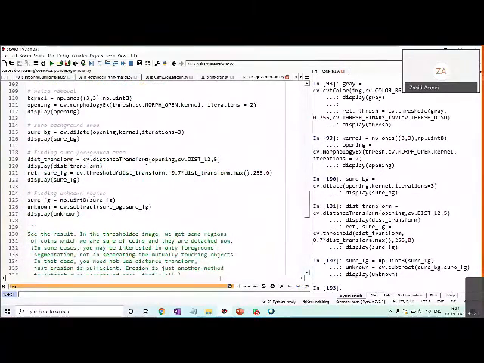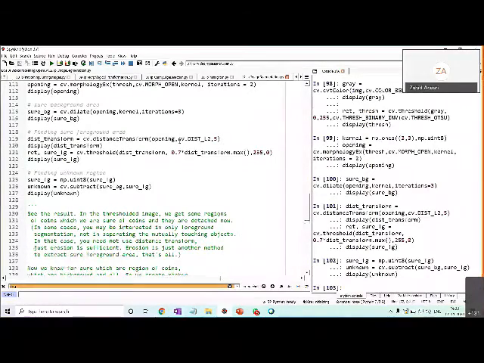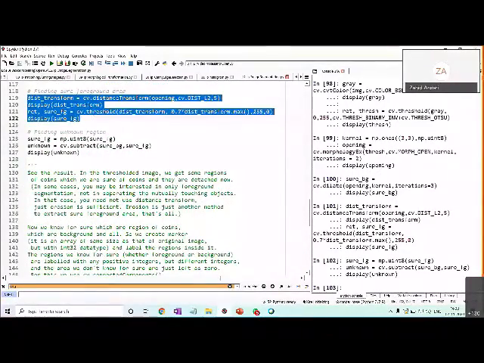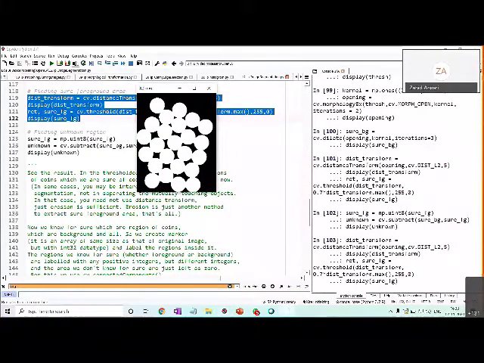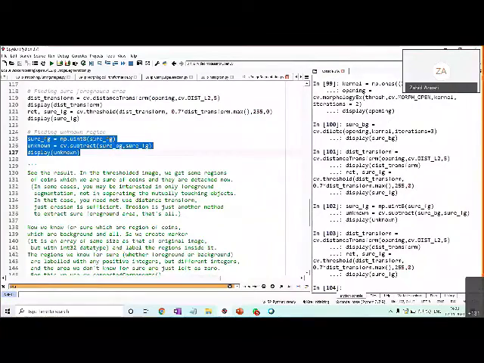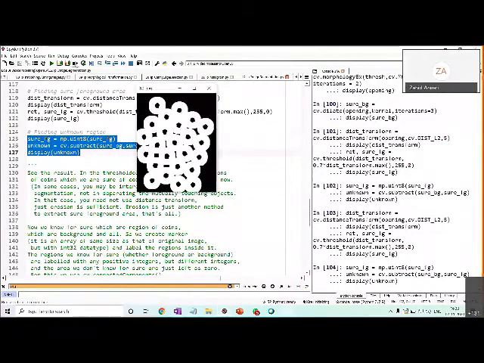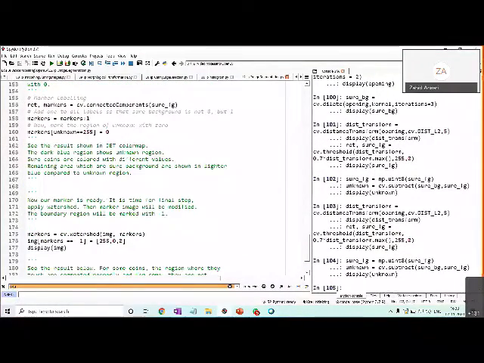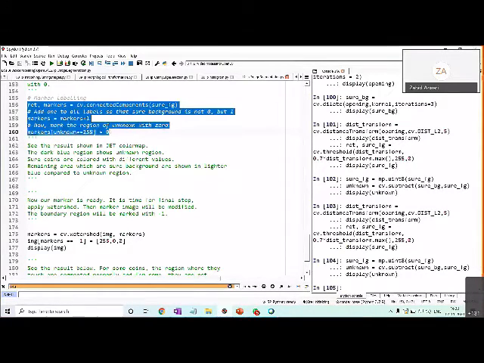I don't know where I left off. Till what point we did. Yes, I think sure foreground, the distance transform we did. Okay, let me run it again. Then this sure foreground subtraction we did over here. Okay, after this, I'm running from this point. We are getting the connected components, the markings. Okay, the markings are done for the background, foreground, and unknown regions.